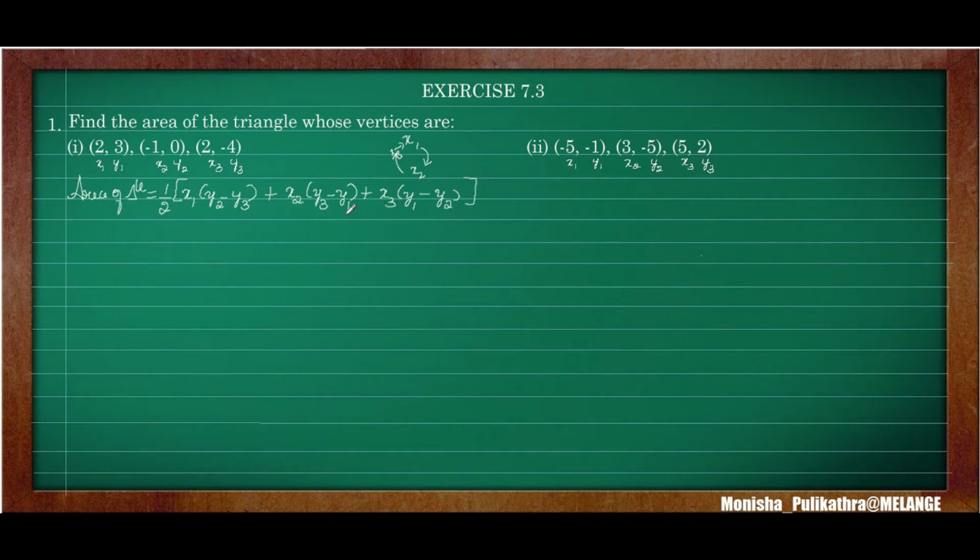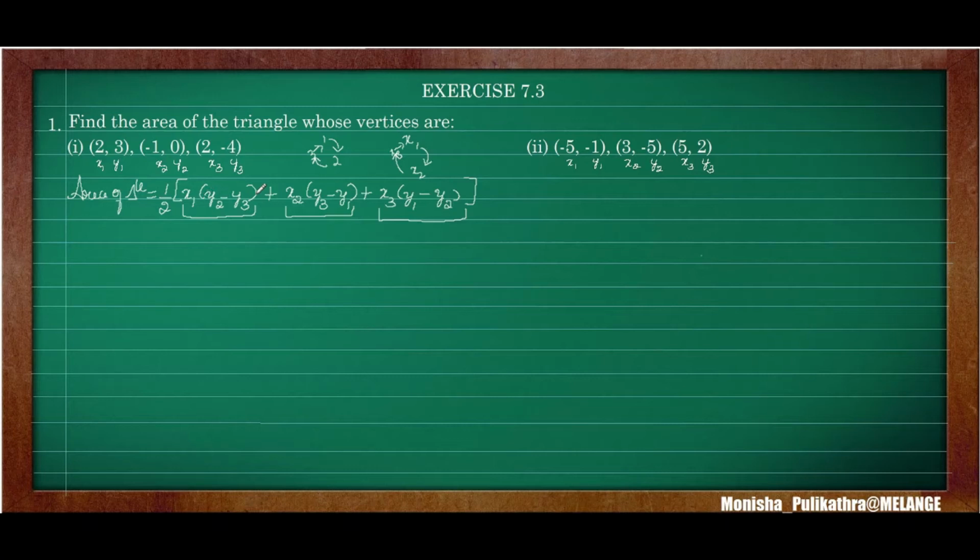So how to memorize this formula, I will tell you. See here, it will be in a cyclic form of 1, 2, 3. So from 1, 2 and 3, again 1. Then the section will start from x1, x2, x3. So first the formula starts from half into. This is one section, and three separate sections will be there. In the first one you can see x1 into y2 minus y3. So after 1, 2 and 3 will come.